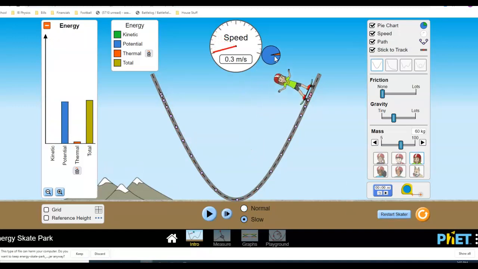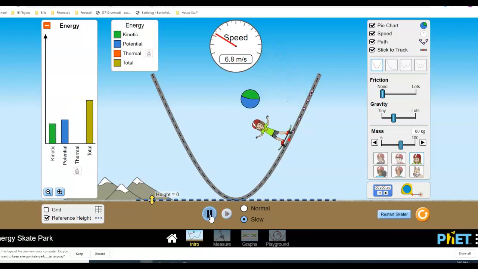Now the blue on the graphs is representative of the gravitational potential energy of the girl. Remember, gravitational potential energy, that's that EG, has to do with her height above the ground. And the green represents the kinetic energy, her energy of motion. Okay, so watch this. Actually, let me reset this. Okay, so in slow motion,